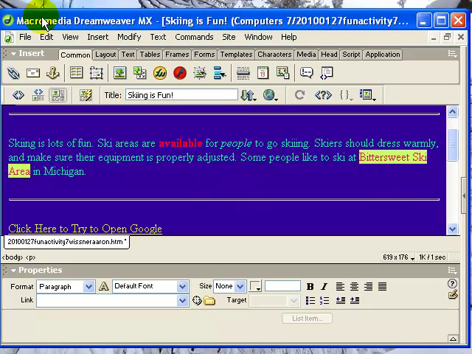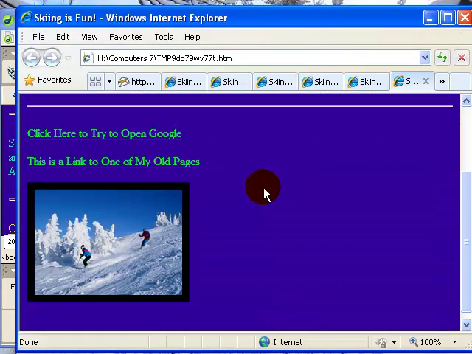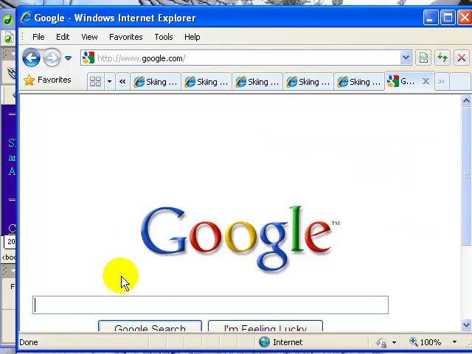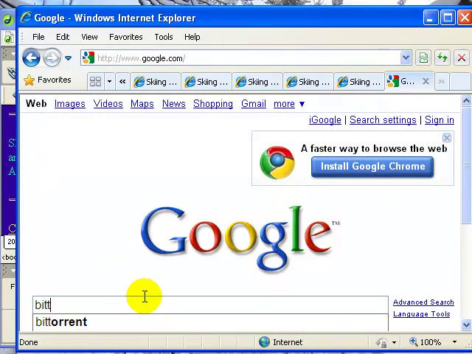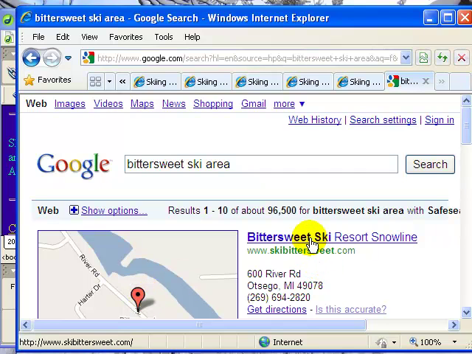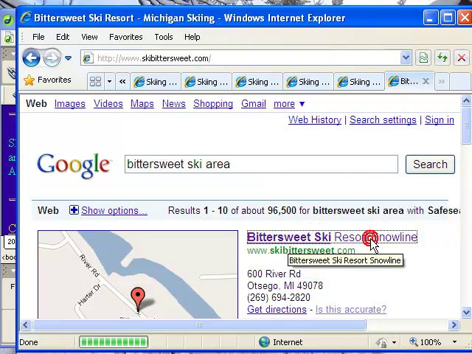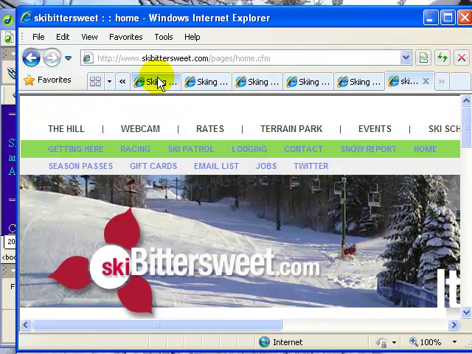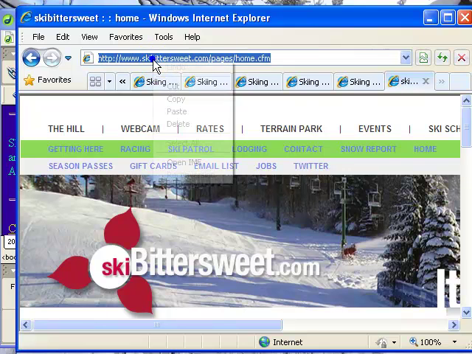First we save the page, then we can press F12 to bring our page up. You can see there's our sentence right there. Now we're going to search the internet for Bittersweet ski area. There it is right there, Bittersweet Resorts Snowline. And after a few seconds the website should come up. There it is. We're going to copy this address, copy,